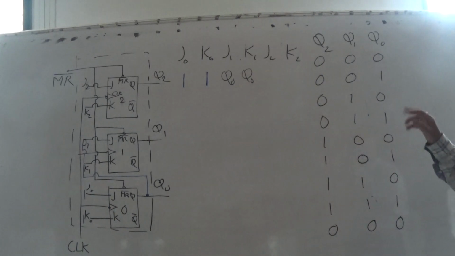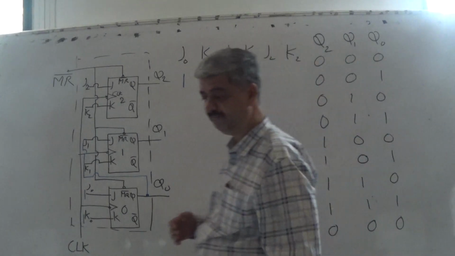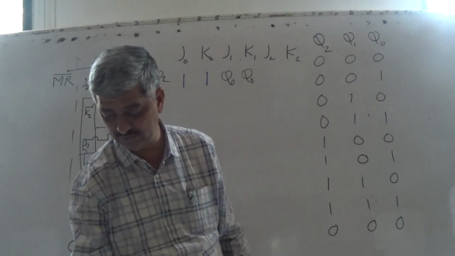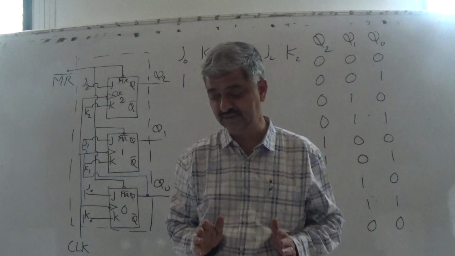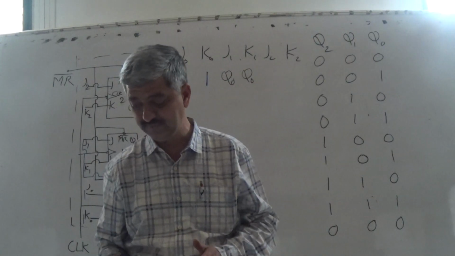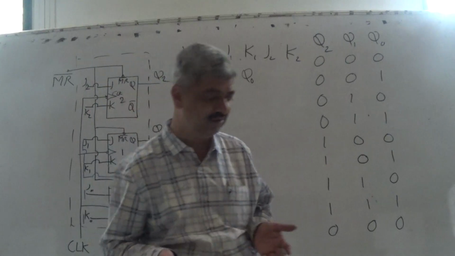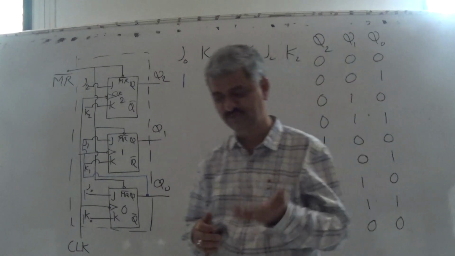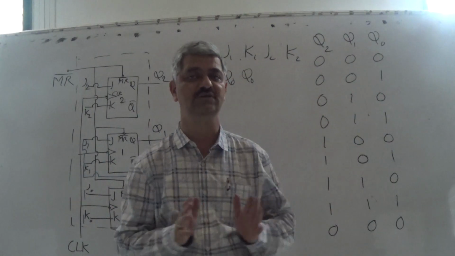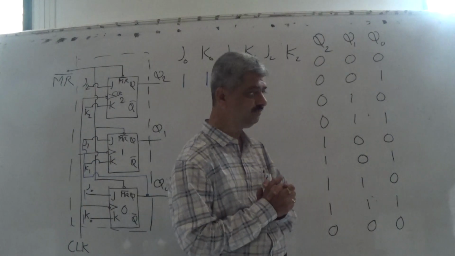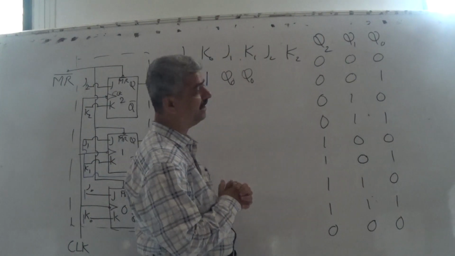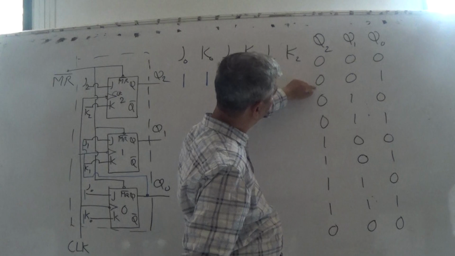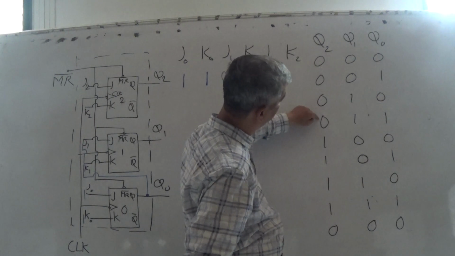Those who want to find the answer on their own, what should they do? They should press the pause button for the video and think whether they can find the answer on their own. If they are able to find the answer on their own, it's well and good. They will verify the answer. If they are unable to find the answer, then they can again resume the video and watch. So those who want to pause the video now can pause the video. Okay. So what we find is continue, change.